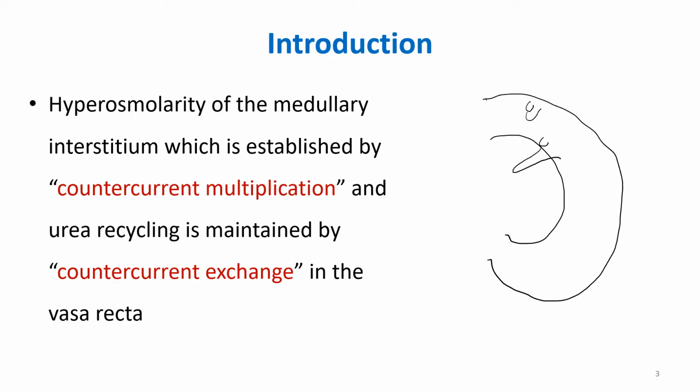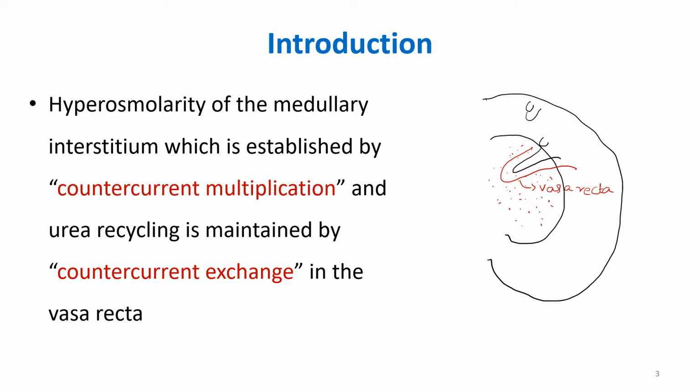Now suppose the blood supply of the renal medulla was such that it washes off all the interstitial osmolarity that was gained. It would just wash off all the osmolarity that was maintained by the counter current multiplier. So that is why we've got a very intelligent system of blood supply of the medullary interstitium which actually maintains this hyperosmolarity, and this is by these long U-shaped peritubular capillaries. Now these vessels are called vasa recta. So vasa recta helps in maintaining the osmolarity which was established by the counter current multiplier system.